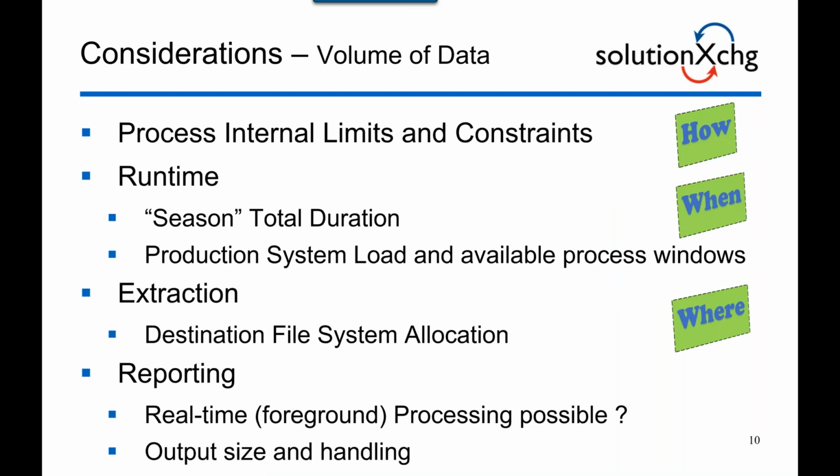The volume of data issue, the main aspect of those, as I've mentioned a little bit before, is how long is it going to take to perform extracts? Again, in a financial audit situation for a 1 terabyte, fairly small database, that can be a matter of days